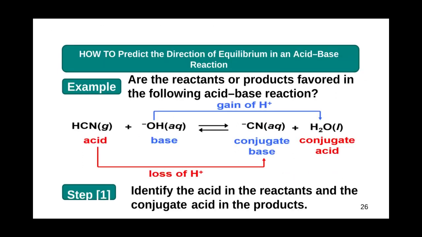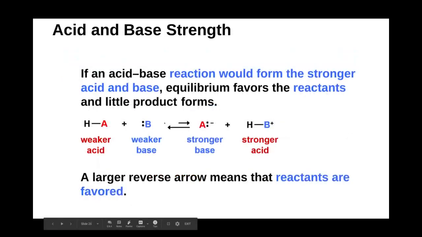So again, a bit different from what we think about, right? Typically speaking, prior to today, when we talked about equilibrium, we were looking at arrows that were equally sized, where the concentration was about equal on both sides. But today we're having this slightly new way to look at equilibrium, where one side can be heavily favored over the other in the case of our acids and our bases.